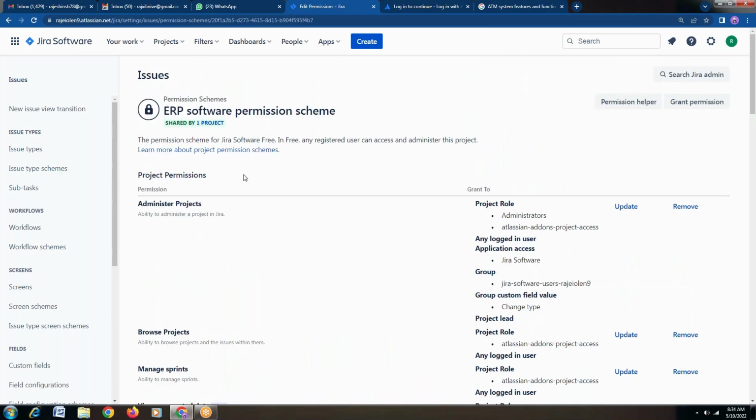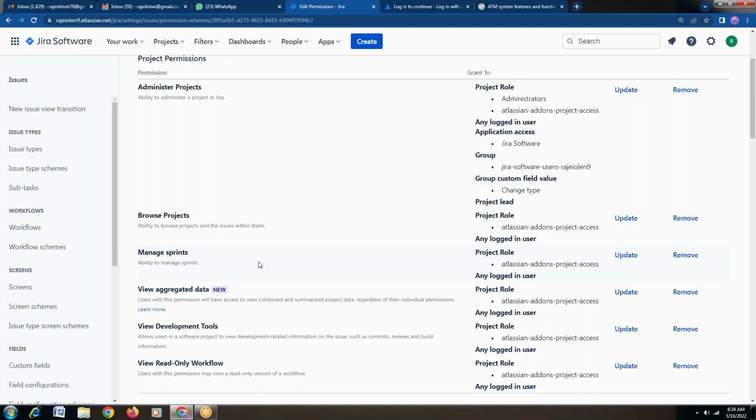So providing permissions in reference to the project is what we have to see here. Project permissions, how we are going to provide them, are essentially important when we are providing some kind of permissions for the project. So here we have to do it line by line. So what further permissions are we giving here? For example, administration of the projects is what I have done so far, right? So that is what permissions you can grant. Make sure whenever we are working on the projects, all these administrative activities have to be performed by an individual called Jira admin here itself.